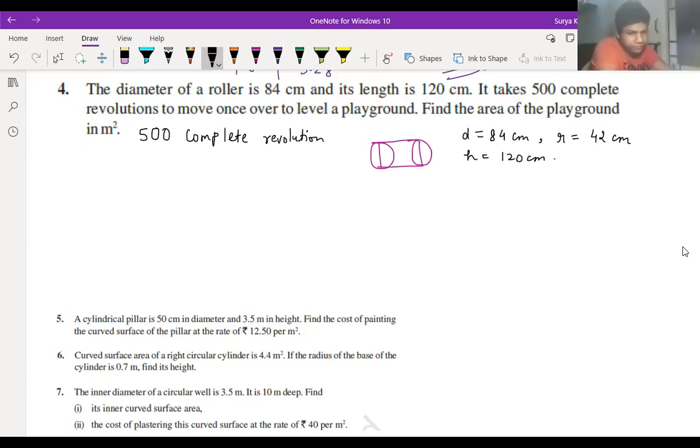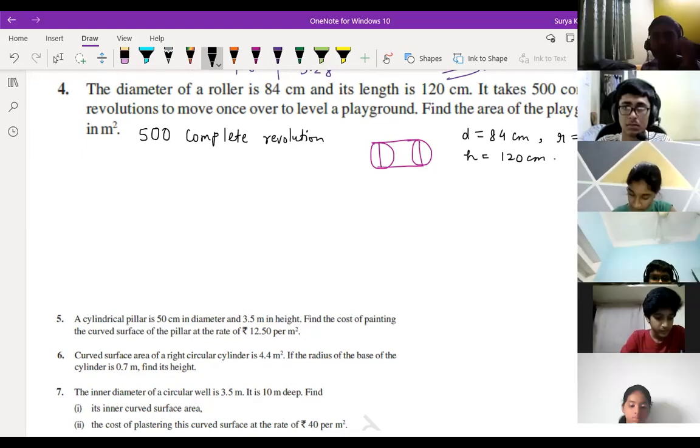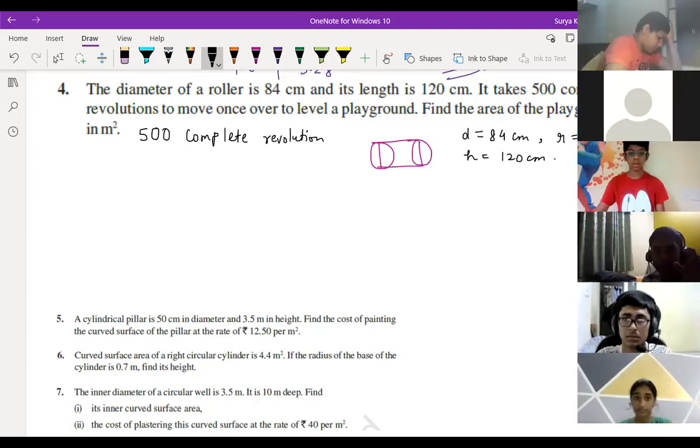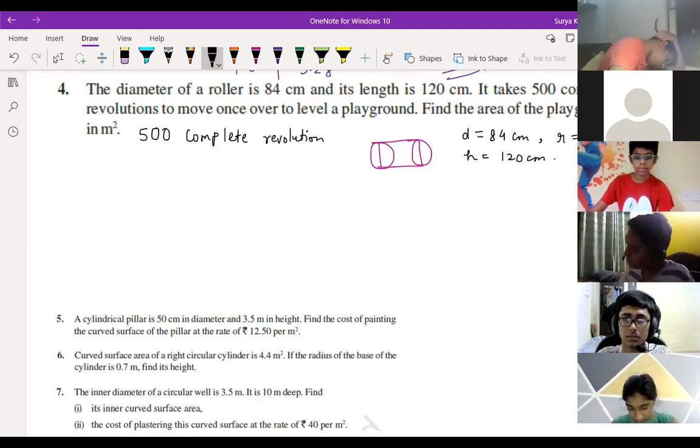CSA. See, covering of one. CSA means which part is rolling. Sai Ritvik, tell me, which part is rolling over there on the road? Sir, the ends of the cylinder are connected to the machine, so only the CSA, the curved part, is the rolling part. Your round circle part will not roll on the road, right? That curved part only rolls on the road.